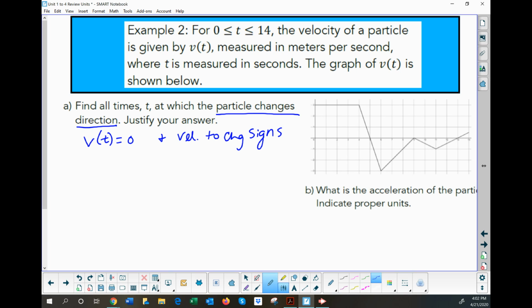So that's kind of what I'm looking for when I go over to my graph. Now, the graph that we're given is V of t, isn't it? So I can read it directly. It would be equal to 0 when it strikes the x-axis. So I've got 3 potential places here where V of t is equal to 0. And here it was positive changing to negative. This was negative changing to negative. Well, not really changing, staying negative. And this was negative switching to positive. So I think I have 2 prime locations that I would say,